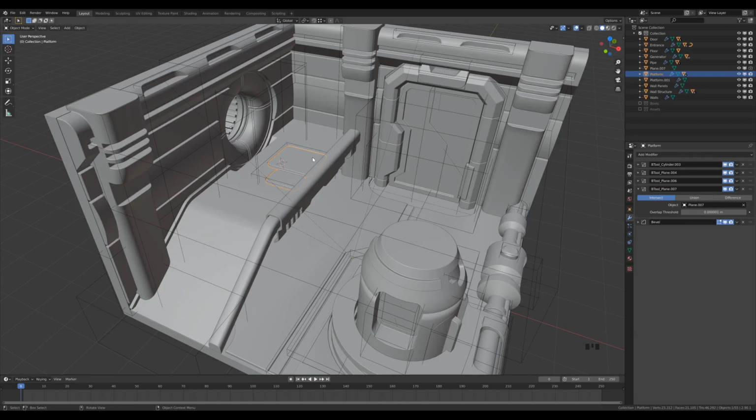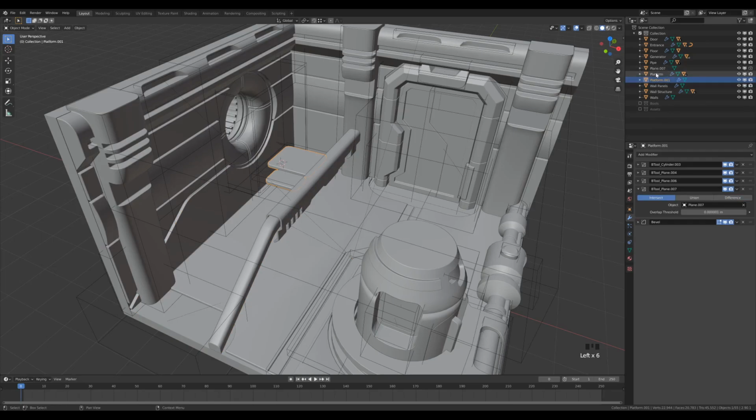And this should be easy to fix. If you now look in the outliner, you will see there's the platform object. That's the original one, which has all the children objects. And then there's a platform object, which is that linked duplicate. So if we select that one and switch this to intersect, and select the original one and switch to difference,